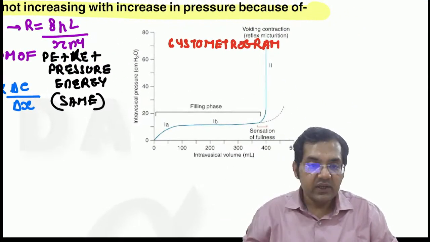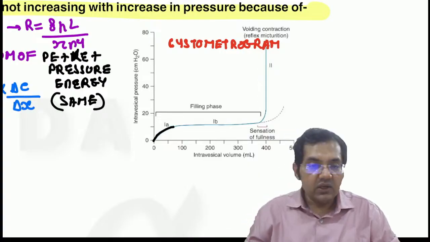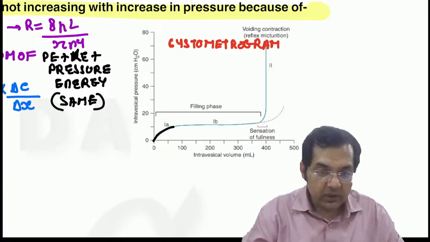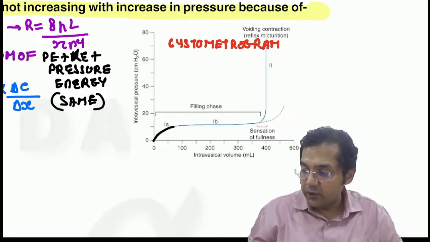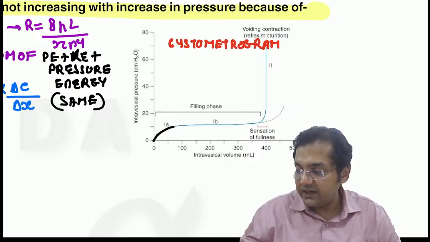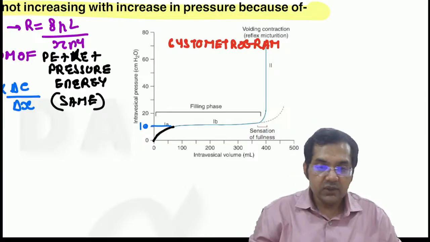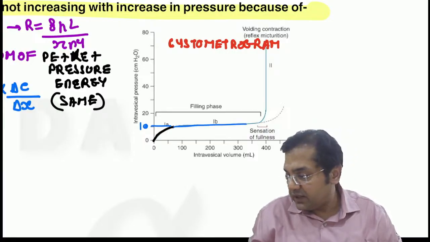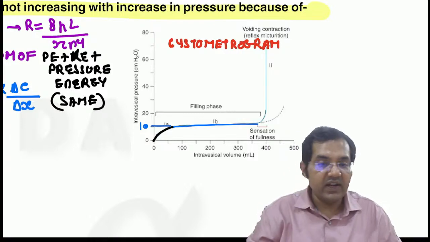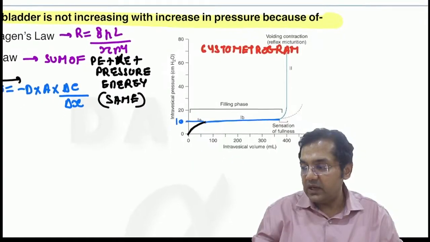In phase 1A part of the figure, as you are drinking the water, the bladder is getting filled with urine. The intravesical pressure, meaning pressure inside the bladder, increases to 10 centimeter water. But then in phase 1B, you are drinking water, but it is a straight line, your pressure is not increasing. Why is that so? There comes the Laplace law, which states